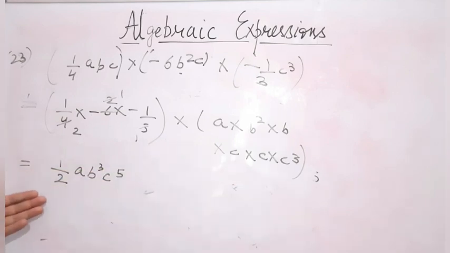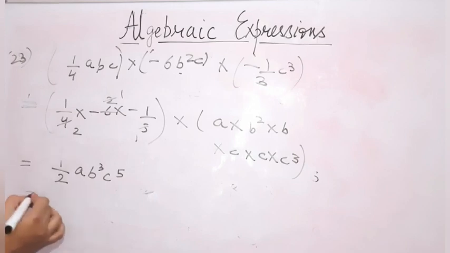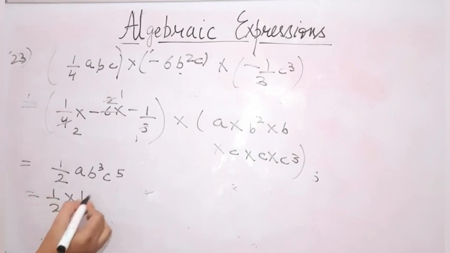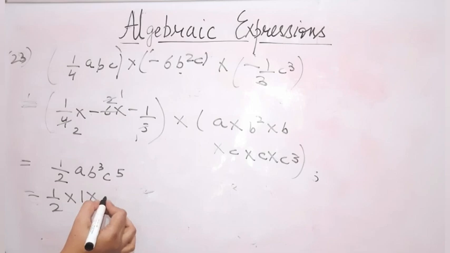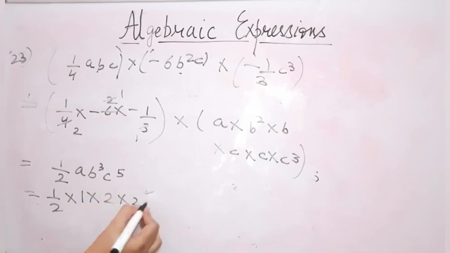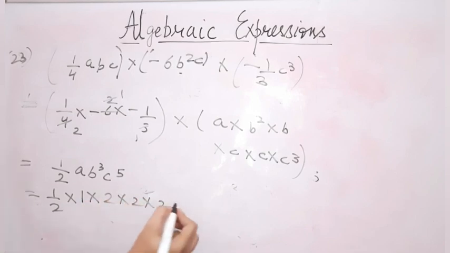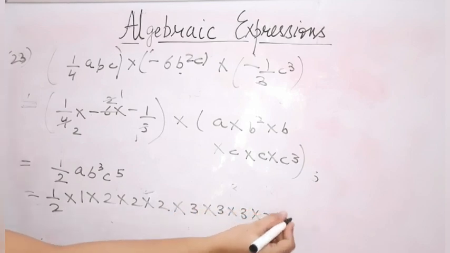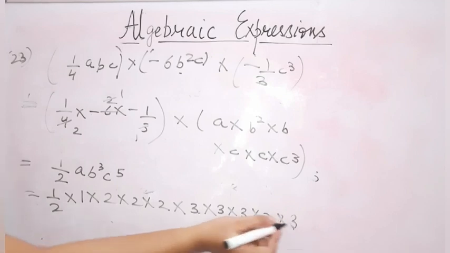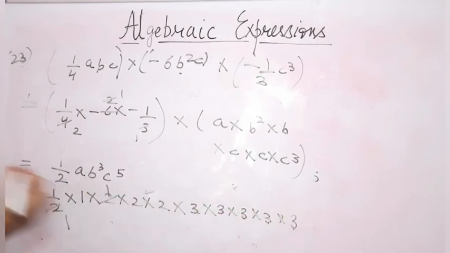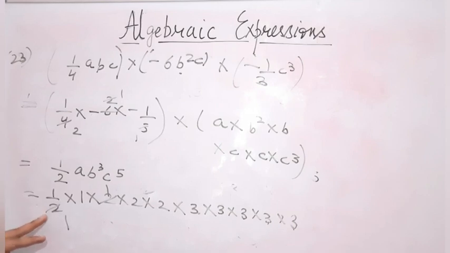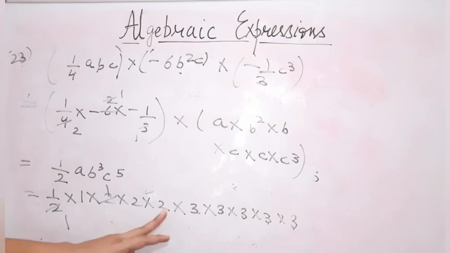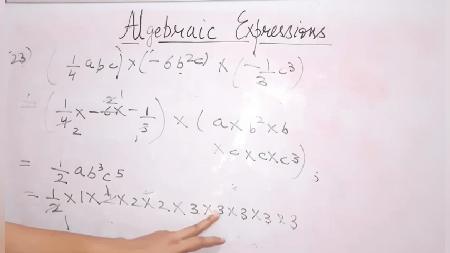Now this is the right hand side. Now we have to place the values. The value of A is 1. The value of B is 2, so 2 multiplied by 2 multiplied by 2. And the value of C is 3 to the power of 5, meaning multiplying 3 five times. Now we have to reduce. As you can all see, the 2 from the denominator and the 2 from the numerator are reduced. Now once we perform the multiplication, 2 2s are 4, 4 3s are 12, 12 3s are 36, 36 3s are